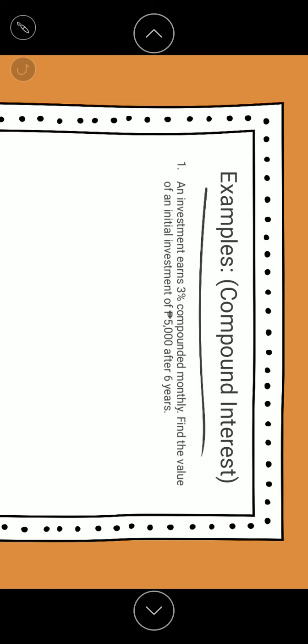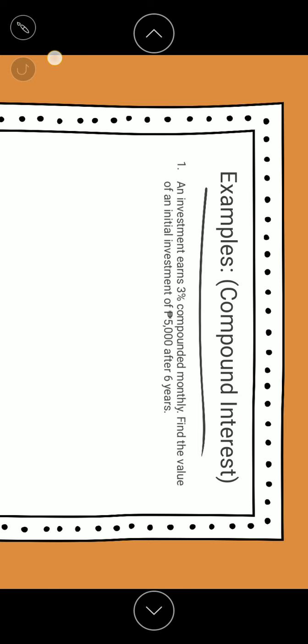First, understand the problem thoroughly and identify the formula to use. In this, we need to solve for the initial investment after 6 years, meaning the future value, since "after" is stated. So the formula to use is the formula of compound interest to solve the problem.